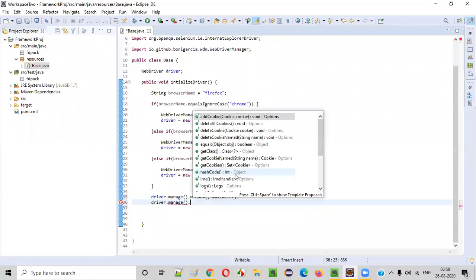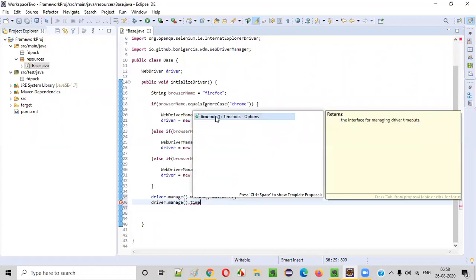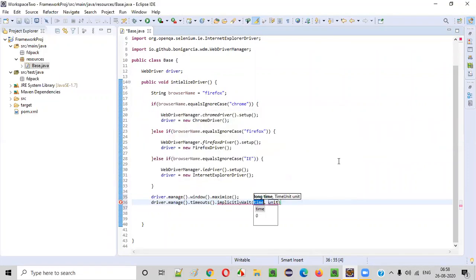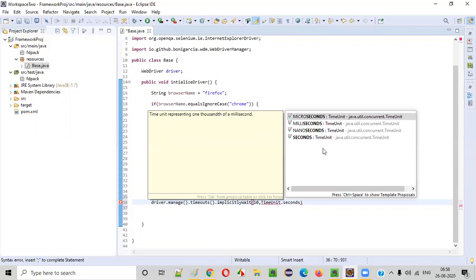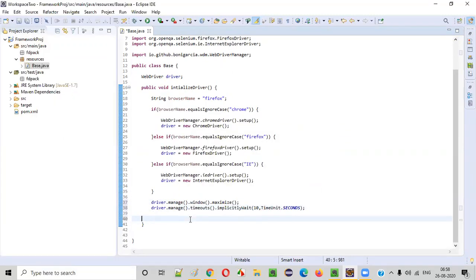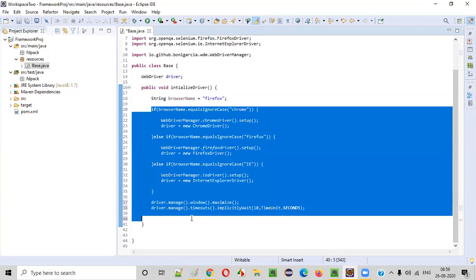Driver dot manage dot timeouts dot implicitly wait for 10 seconds, let's say, guys. Time unit dot seconds. Okay, what else is left in initializing this driver? We're just passing the browser name. If you specify something here, based on that only, the browser will launch.